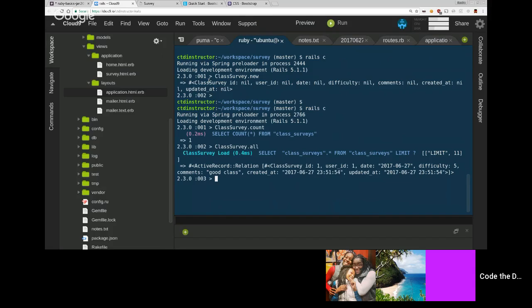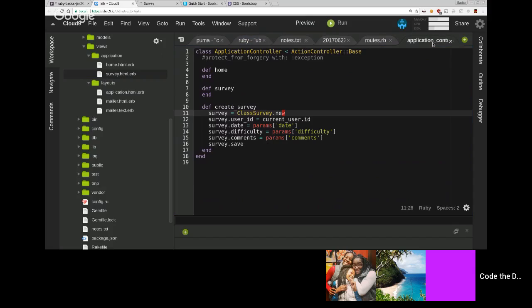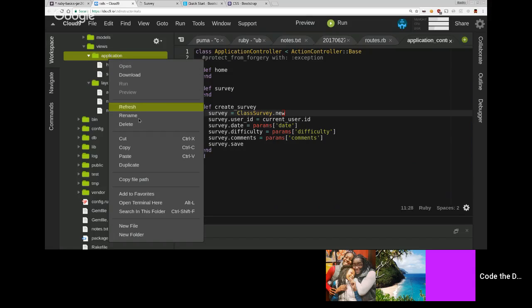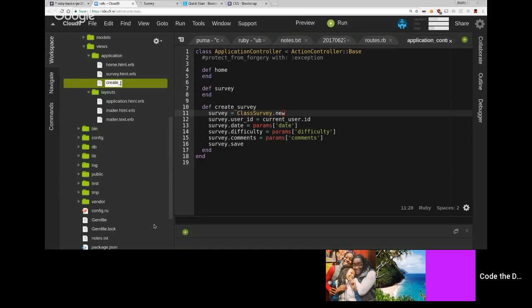Rails looks at the URL, and then it loads that template. But what I'm gonna do is create a template for create survey. So right click on application, new file,